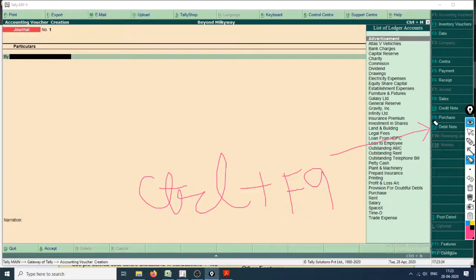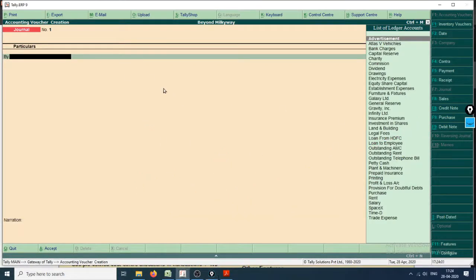Purchase is F9 and this one is Control plus F9 because it has two underscores underneath it. Let's try and pass the entry as per the debit note, and let's see what the debit note window has to offer. I'll remove it. I'll click F9, Control F9.